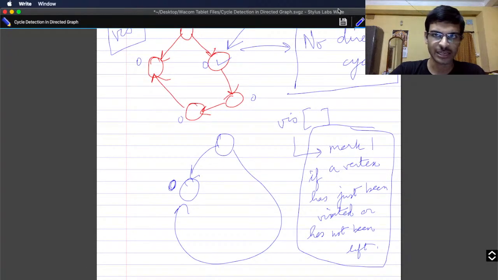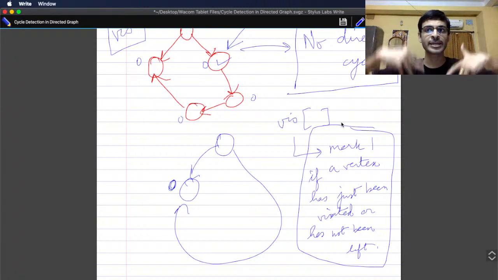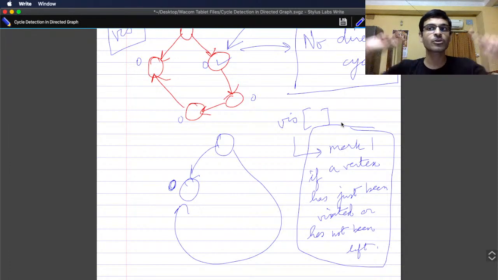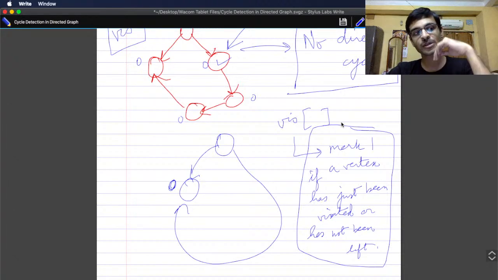Now what can we understand from this question? That this can lead to a lot of extra time because we are marking it 0. Whenever it is being left, we are marking it 0, so it can lead to a lot of extra time because many nodes might be pointing to me. From myself, I cannot reach every one of them, but from them I'll be able to reach myself. So in order to tackle that kind of situation, or basically to avoid the wastage of time over there,